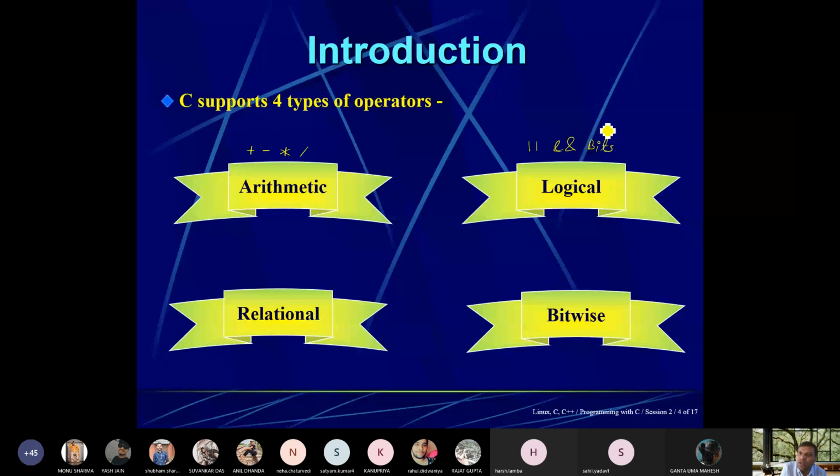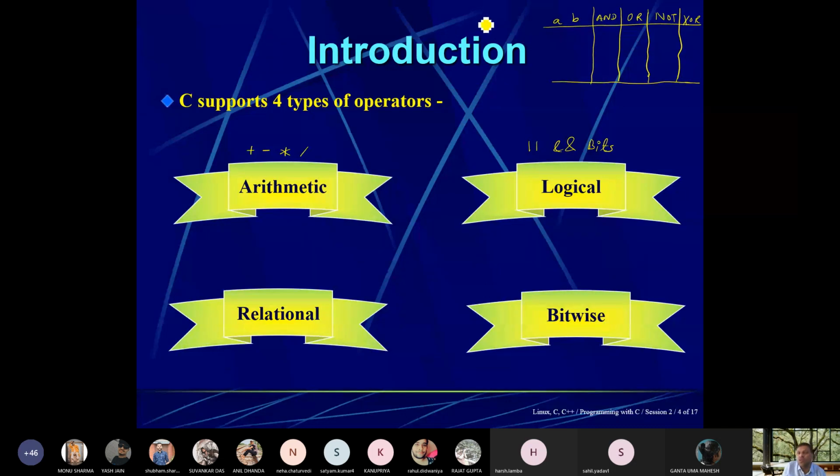Fine. Suppose there are two values a and b. So there are four different types of operation: AND, OR, NOT, and XOR. Just see, you only need to remember it. I will explain the concept later on when it comes. If the concept does not come, then there is no problem. Just try to remember or memorize it. So there are four different possibilities.